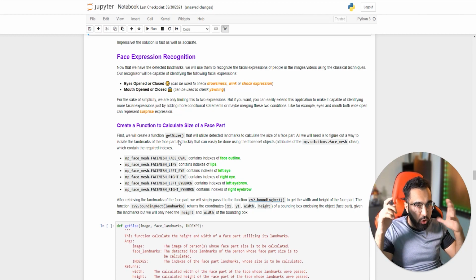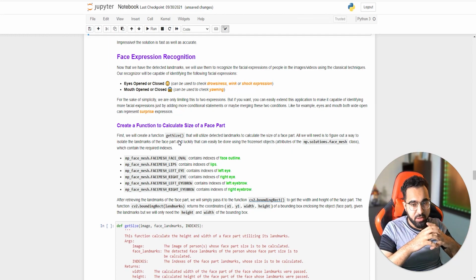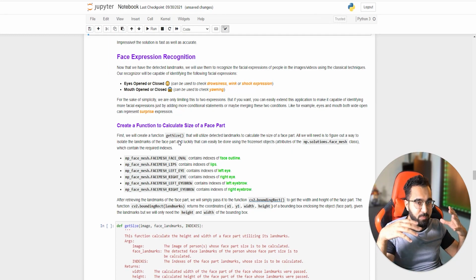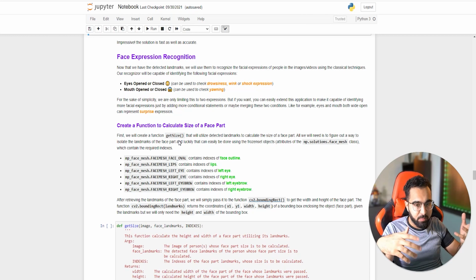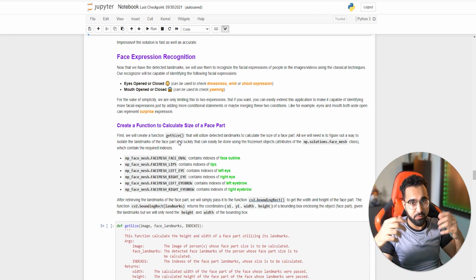By just monitoring these two things, you can create something that tells you if the person is drowsy or not. Maybe a drowsiness detection system that you can attach on a dash cam in a car and trigger an alarm based on the fact that the driver is drowsy, or if the driver is yawning, is the driver sleepy or not. People have done that. It's a really common project.